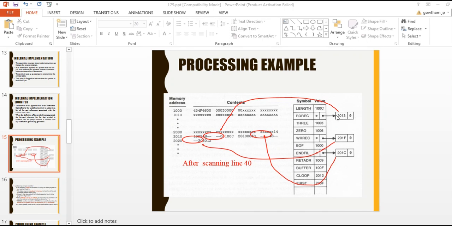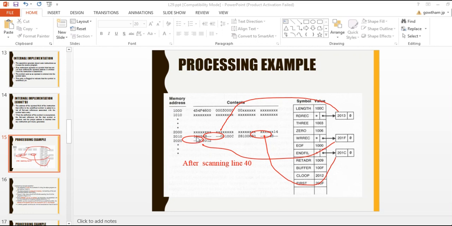Then in the value field it will be linked with the address, where you have to substitute. So 2013 is the address location of this. 48, and 2010 is the starting location, so its address is in hex. Two digits means one byte: 4 bits and 4 bits, total 8 bits, so one byte.